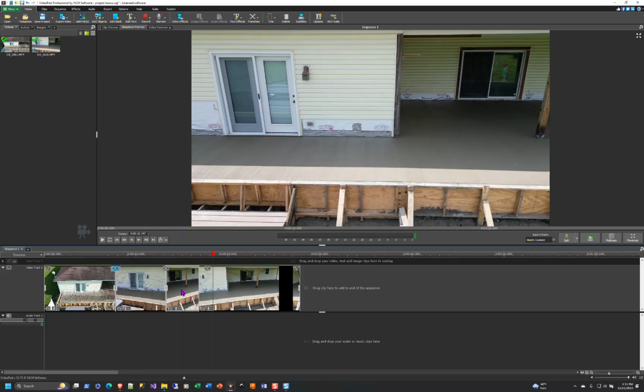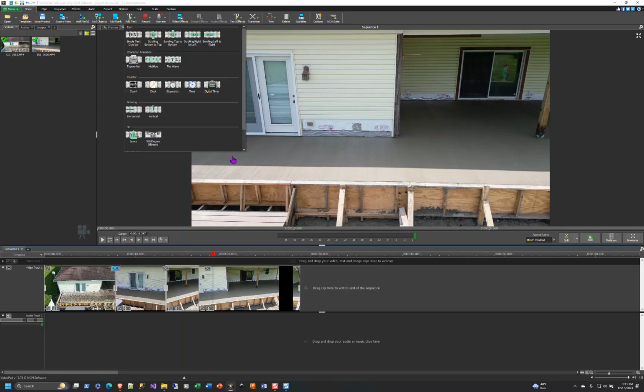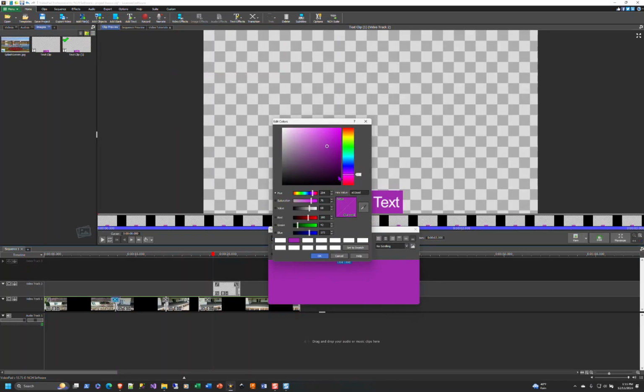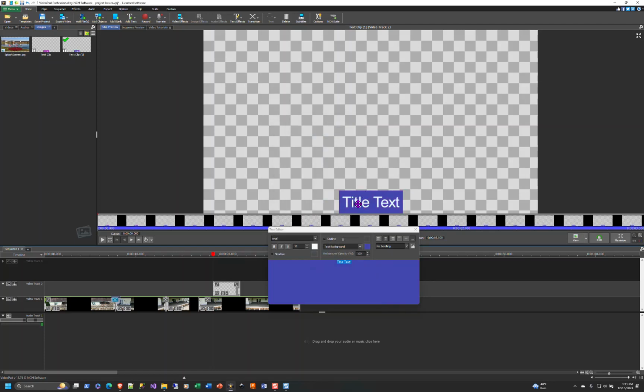Something else you can do here is you can add text. So if I wanted to add some text in here, so just do a simple overlay, and you can change your background title. Just remember, once you change this, it's wherever this dot is. So initially your dot's going to be up here, so no matter what you do, your new is always going to be white. So let's say we move this into the blue. Title text, I always say make it offset, but anything you want to put in here. If you want to say wonderful job or something like that,